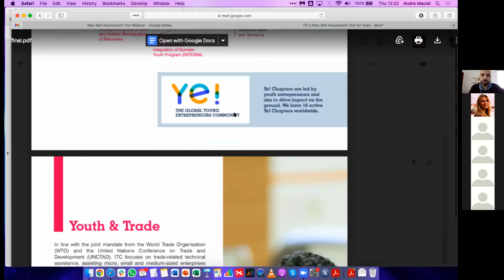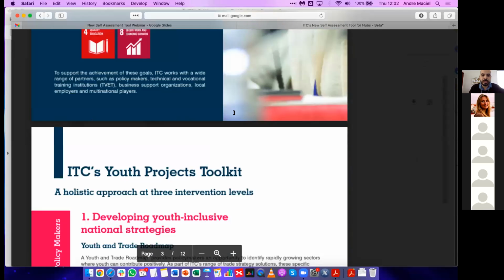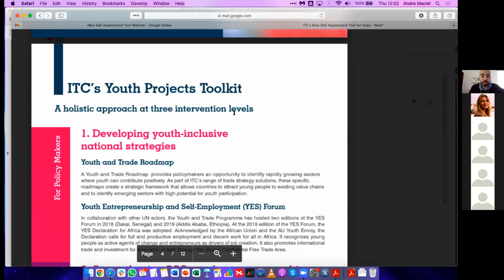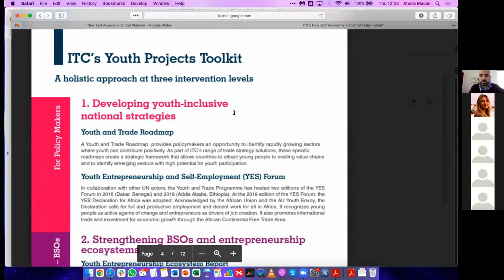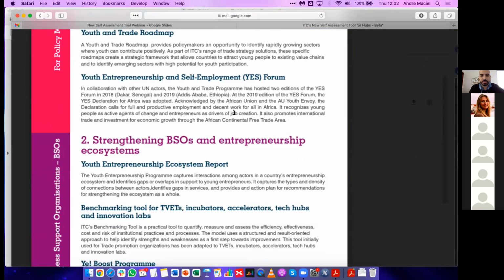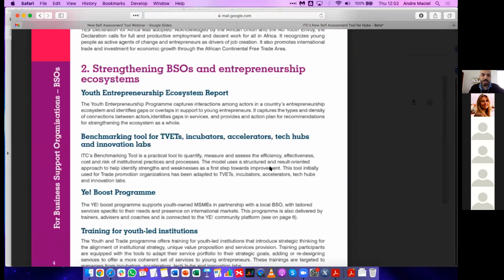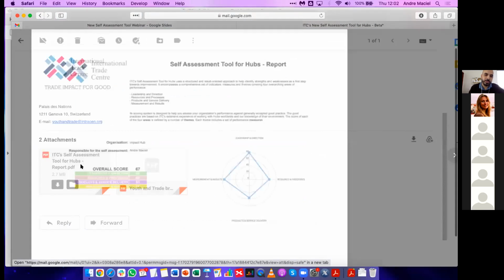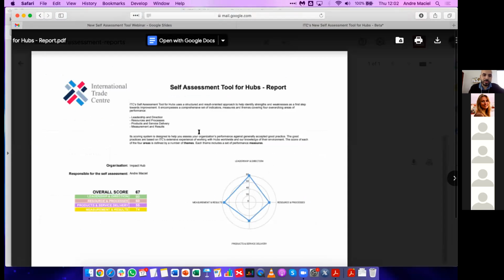So it's a toolkit that ITC can provide you, supporting your organization to grow and to better function and to better support your entrepreneurs, and your report. So automatically, a few moments after you submit your form, you're going to receive this report.